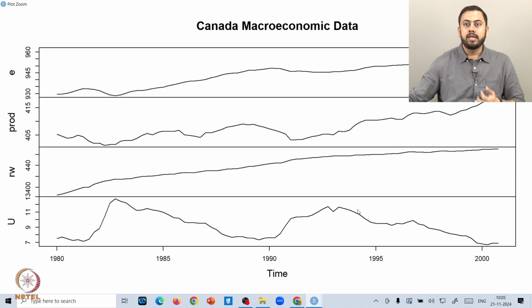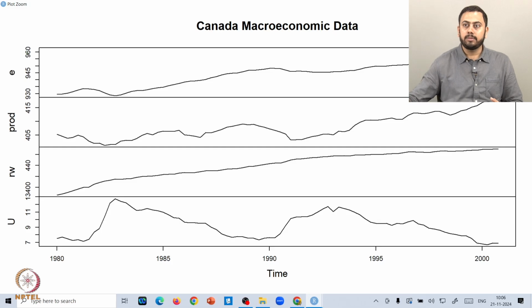unemployment data set, right. So, a strong suggestion, which I have repeated a number of times, is that even before you try to analyze any data, the very first thing one should do is plot the underlying data and variables, just to get a feel of how the variables are behaving over time. Are you seeing any trend in the data? Are you seeing any seasonality? Are you seeing any noise or changing variance patterns? All these things could be really clear if you plot the data in the initial stages, right?